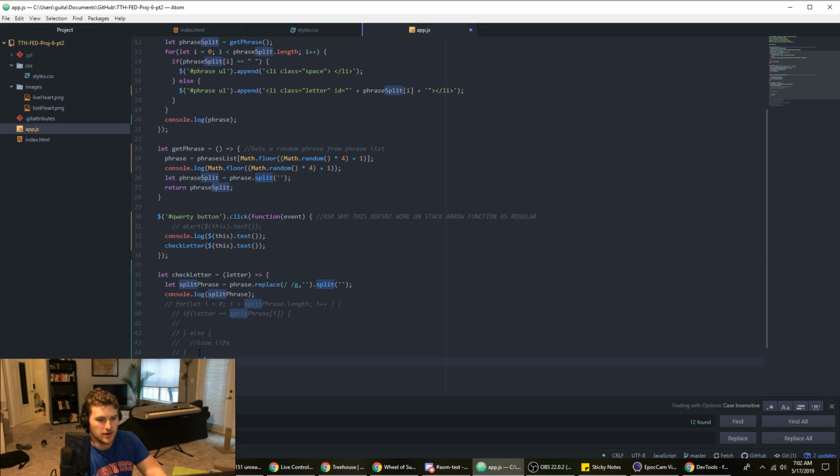We use jQuery, like the actual word at work for some reason. I don't remember why. So we're gonna jQuery select the ID of that letter. Does that work as a jQuery selector?